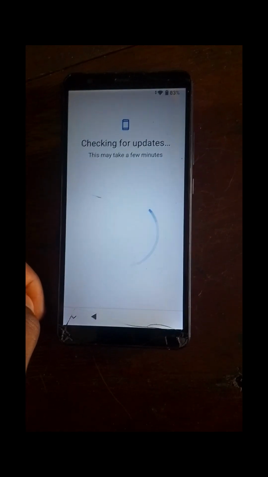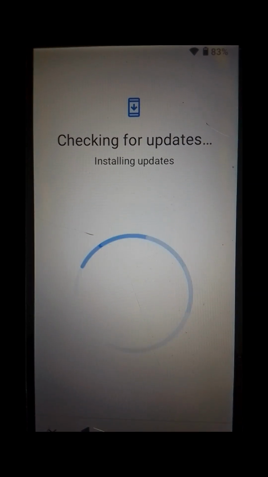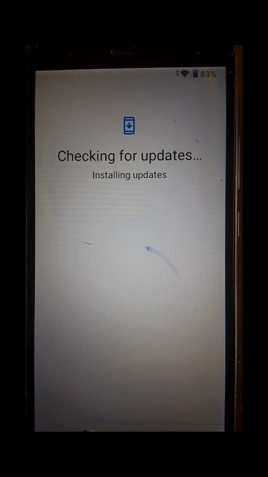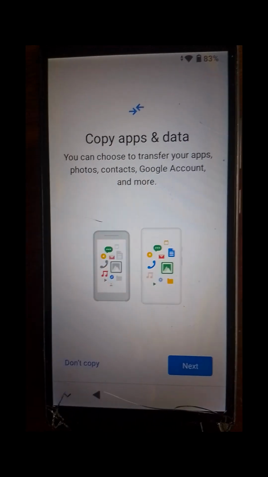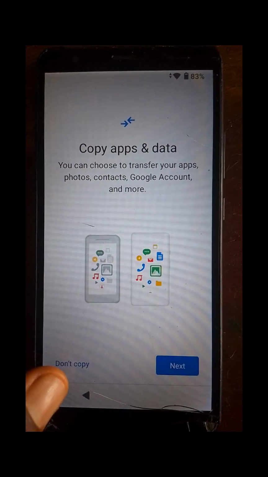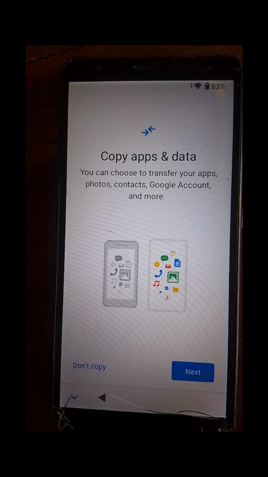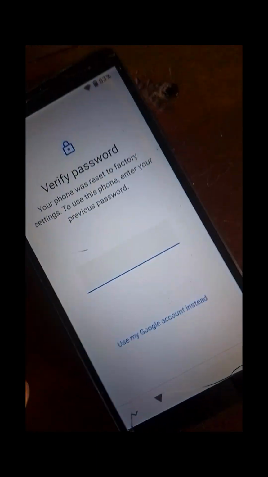The easiest way to bypass ZTE FRP Google verification lock. In this full video, I'm going to show you how to bypass the FRP lock for your Android, be it ZTE or any other one. It works the same for them. They both have the option of